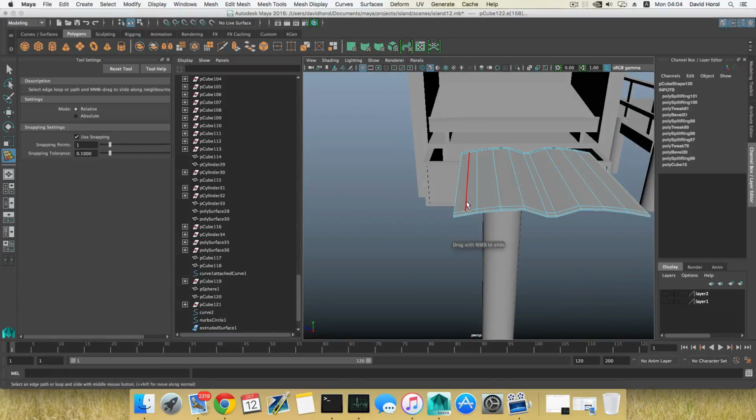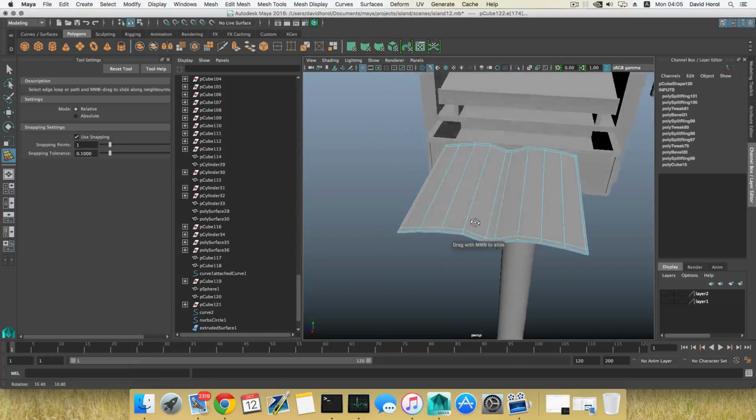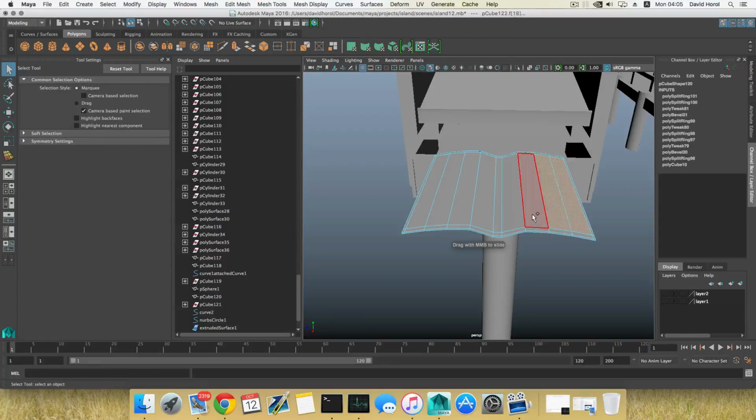I'm gonna do the same here, double click on this edge and shift right click of course and slide edge tool, but the slide edge tool is already turned on, so we can do that better. Anyway, this, that, and that. I'm gonna extrude them